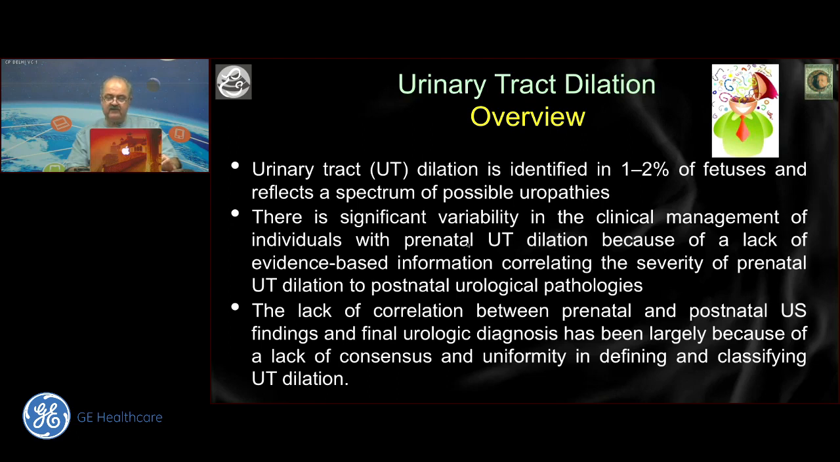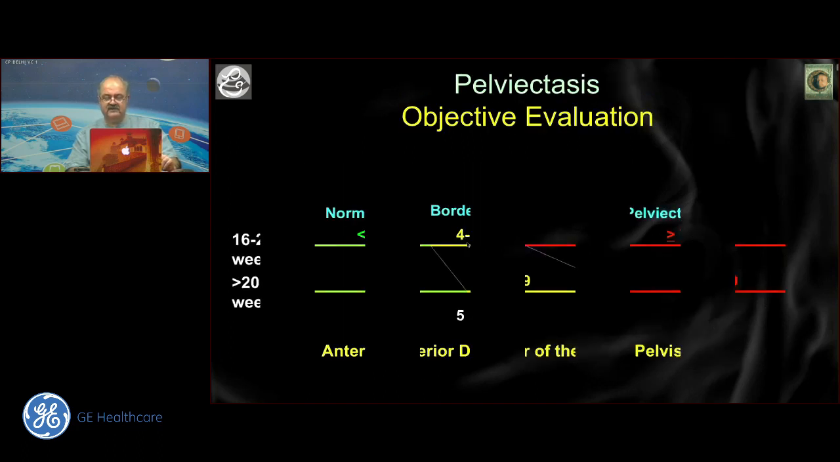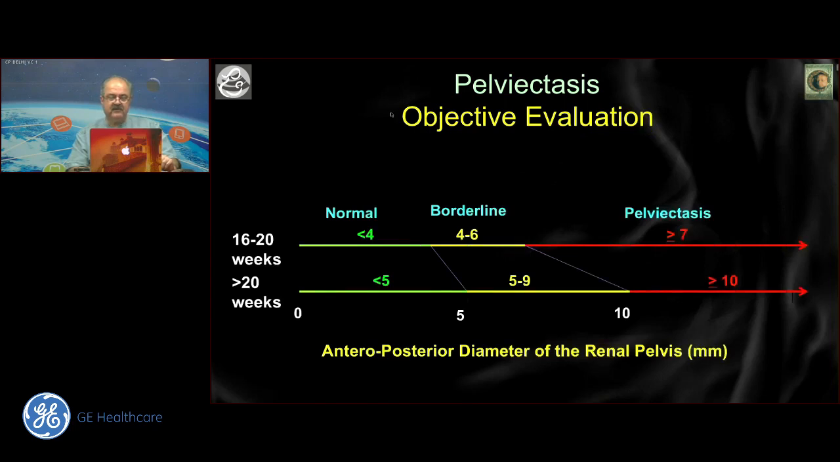But one of the problems is that we've never been talking on the same page, and let's see what these pages were all about. Long ago, Peter Dublé again gave us this. And he said, you decide whether you're before 20 weeks or after 20 weeks. The cutoff for normal is 4 millimeters and less at less than 20 weeks and less than 5 millimeters after